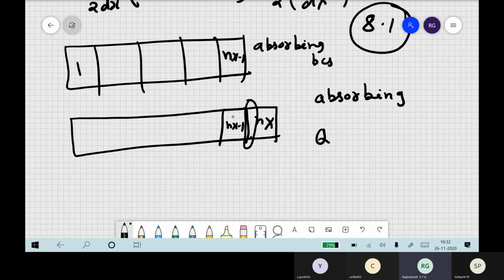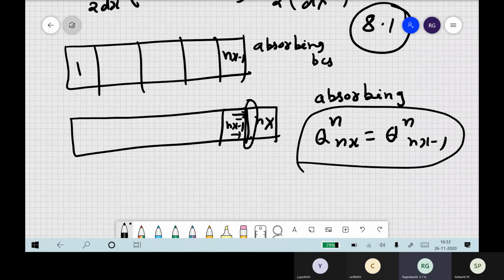So now in finite volume, what is happening? This cell, if I take, you have some inflow and some outflow. Now if it is absorbing, then in the next cell nx, whatever is there is the same as nx minus 1 itself. So whatever is the value in nx minus 1, the same thing in nx also, which means it is an absorbing boundary condition. So in finite volume it is very, very easy to write absorbing boundary conditions. But in finite difference it is very difficult because you have to use a perfectly matched layer, and all those quantities will be there. So that advantage you have in the finite volume method.